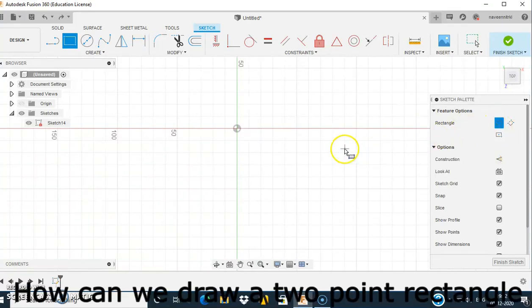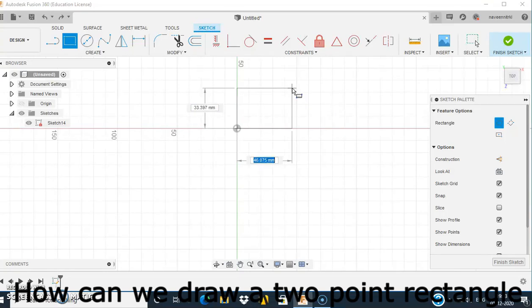To draw a 2-point rectangle, we need to place a point followed by the other point, which are opposite corners of the rectangle. Here I am selecting this origin point as the first point. Then drag the mouse. Two numerical input values appear in front of you. One is the width of the rectangle and the other is the length of the rectangle.